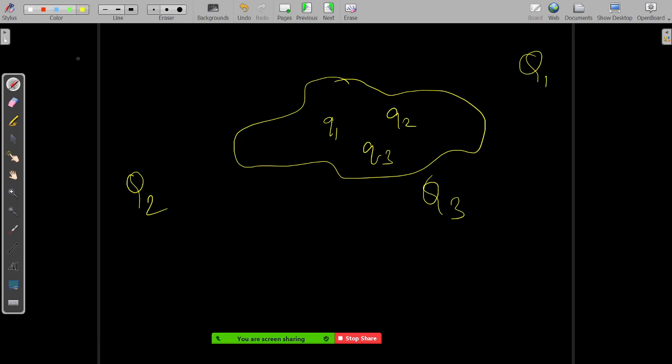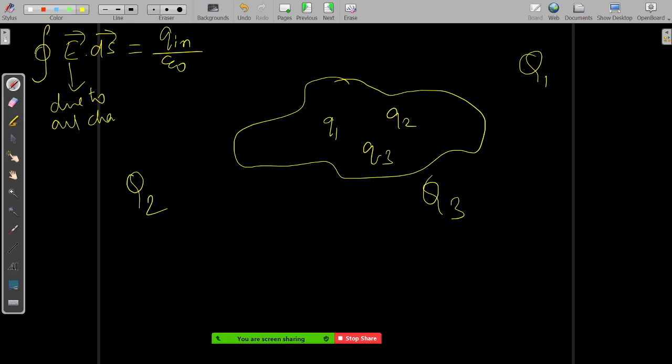First thing is, remember this Gauss law. Gauss law was E dot ds through a closed surface area gives you Q internal by epsilon naught. Now in this case, this electric field is due to all the charges. It's not like only the internal charges are giving this electric field. All electric fields are existing in the region. That electric field flux will be equal to only those charges which are internal to the surface divided by epsilon naught. So that electric field basically will be the total electric field.